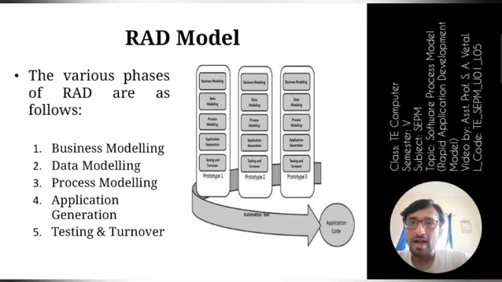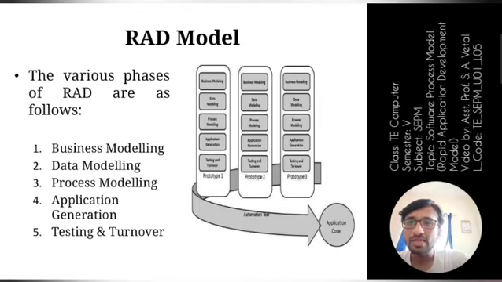Then the RAD model has some phases that can be executed, and if you observe, there are some prototypes in the figure given in the slide. In each prototype we have these phases, and at the end of our software development process, we are going to use an automation tool. With that automation tool, all the prototypes will be integrated and one application code will be formed, and that will be our final product.